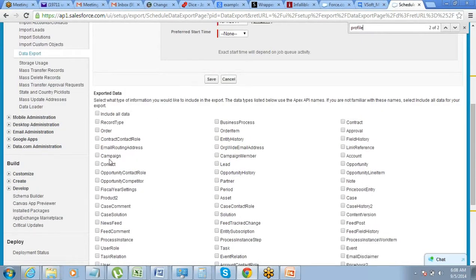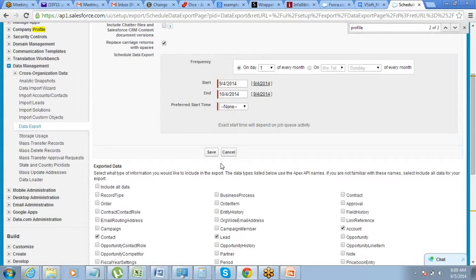Let's say contact. If you want to export all the contacts, or the leads or accounts, whichever object you want to export, you have to define that. And if it is a scheduled export, then you have to define the frequency, daily or monthly, which is what is available on the developer edition.